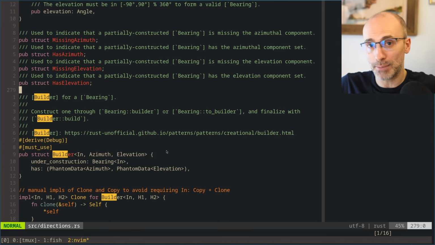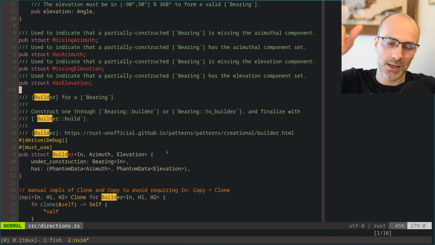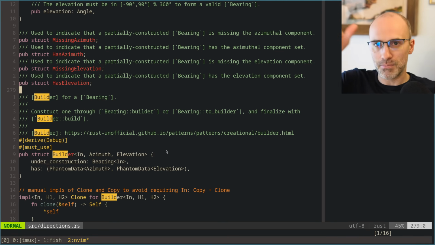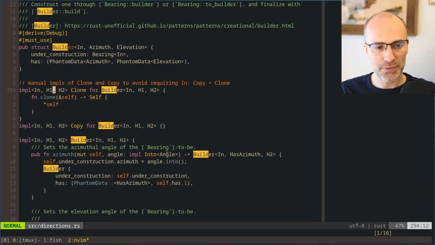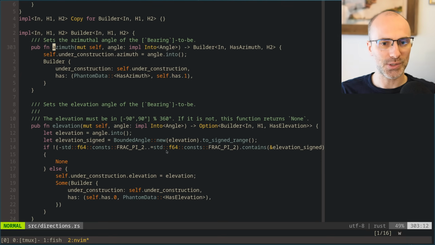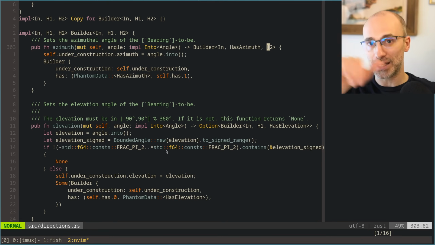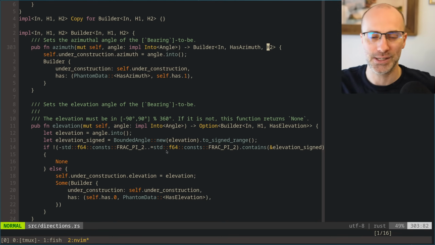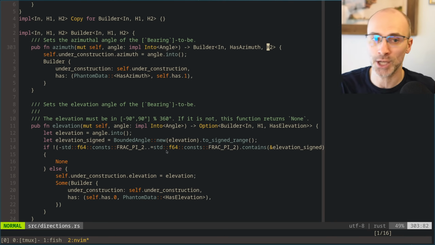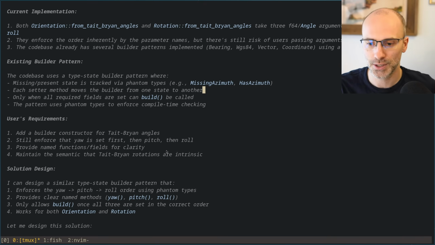So you end up with a type that reads like bearing, NED, has azimuth, missing elevation. And then the methods are constructed so that once you set azimuth, the has azimuth flag gets set, and the elevation type parameter is unchanged. And this means you can set them in any order. And that's specifically not what we want for the rotations here.